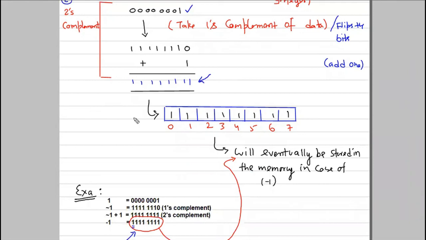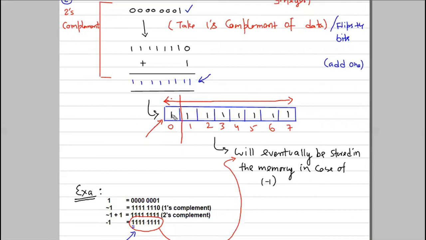So let's say the computer comes to this point. It will know, oh, it is 1. Then it will ask the compiler, is it a signed data type or unsigned data type? If it is an unsigned data type, then it will consider this format as a whole. It will not consider any reserved bit. But if the compiler tells it this is a signed data type, then you must reserve a bit for that.